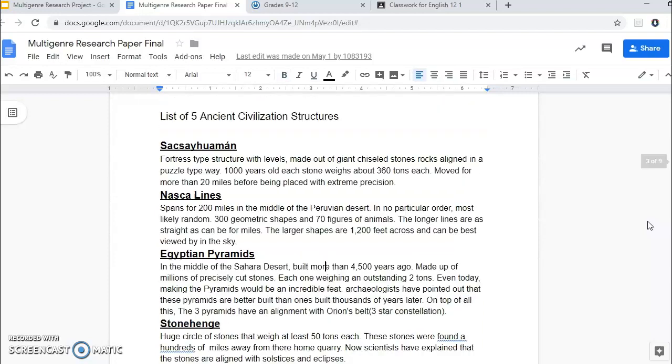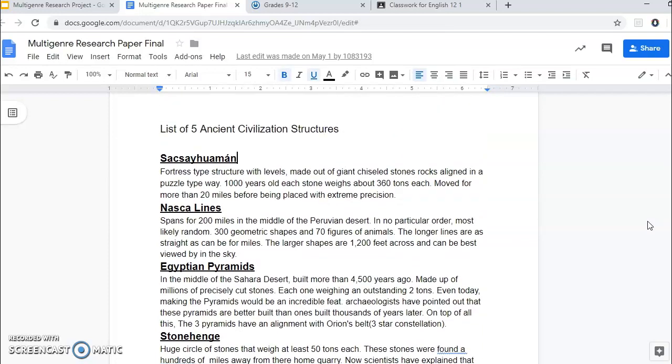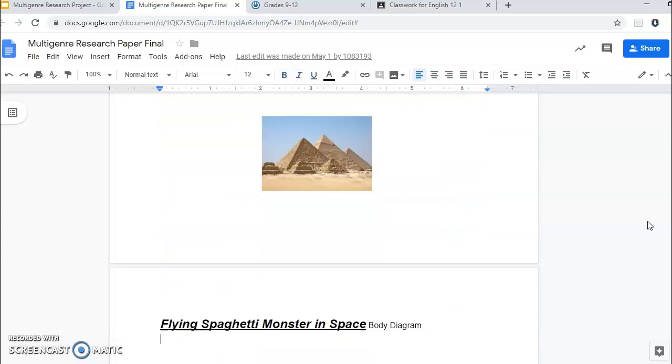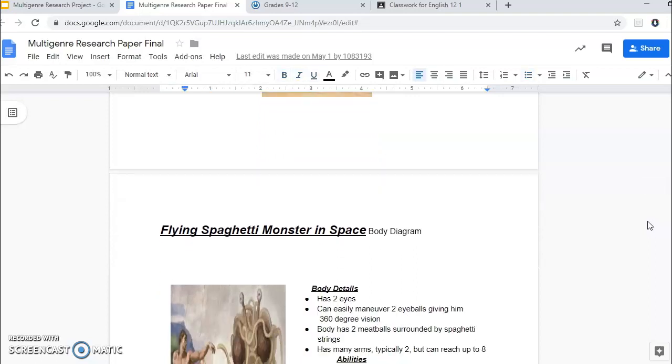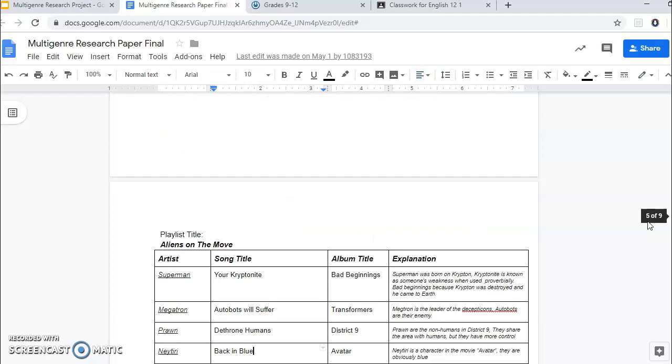So again, he has his dear readers, talking about what we're going to read. Then he lays out some ancient civilizations he's talking about. He was interested in this, so the Egyptian pyramids, Stonehenge. Of course, these are like these big monuments that it seems humans maybe couldn't have built, but were built by aliens. So you see, it doesn't have to be a big, serious topic either. Bobby kind of took a more humorous approach to it, talking about the flying spaghetti monster.